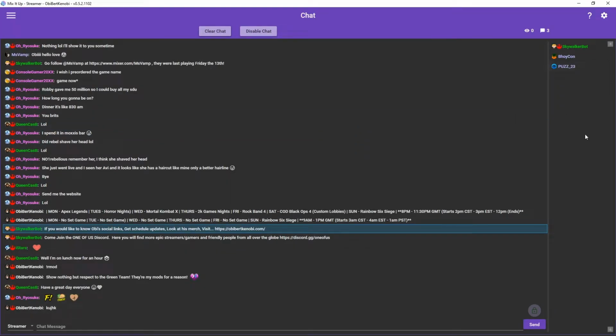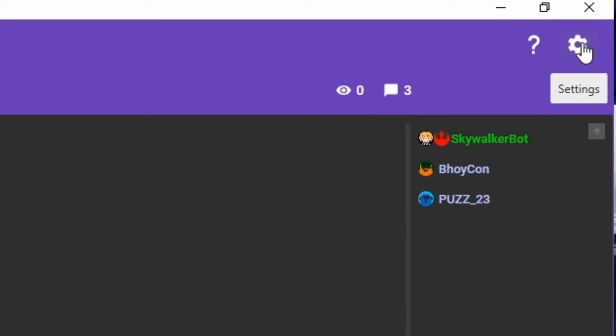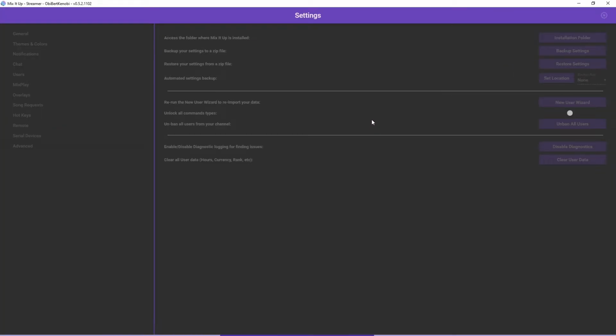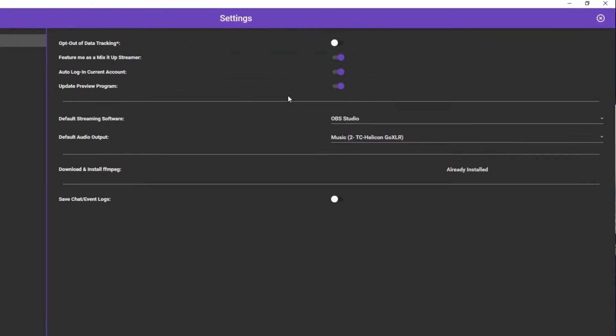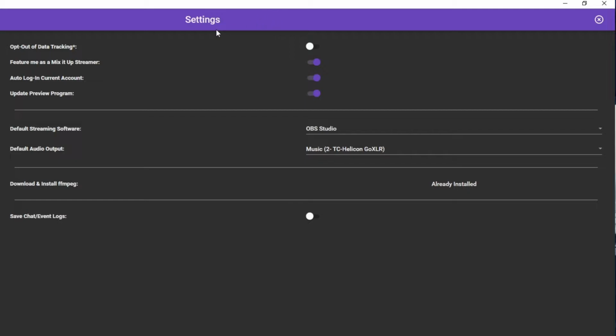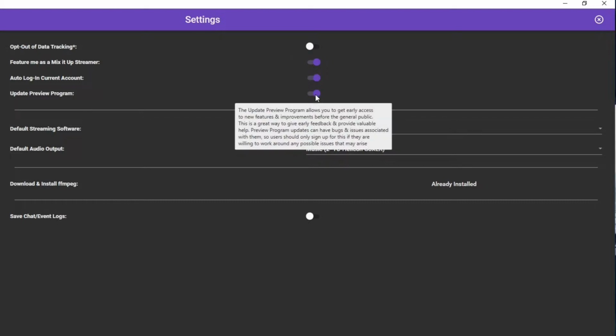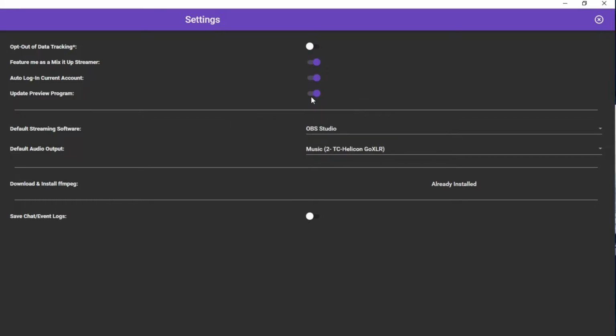Moving on, up in the top right, again, we've got this settings cog. First up, in general, we've got options to opt in and opt out of things. So we've got tracking, featuring you as a Mix It Up streamer, and whether you want to automatically log in. Obviously, I would recommend that. Update preview, so if you want the latest updates, click this, but beware, there could be bugs. You will be kind of testing it and finding bugs for them,